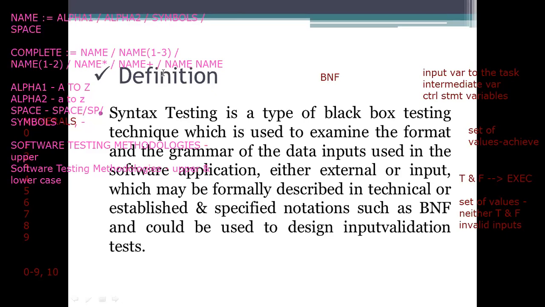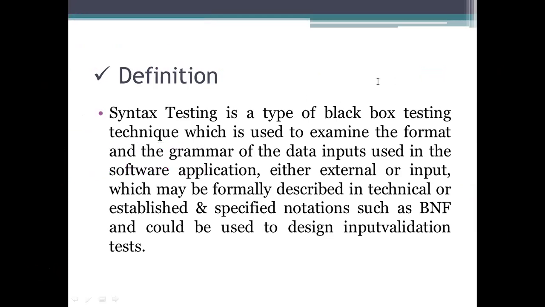So an input variable may have multiple definitions. Multiple definitions are allowed, and these are also used for processing. How do I specify multiple definitions? We need to mention an or in between the two definitions we are using for processing. So that's syntax testing.